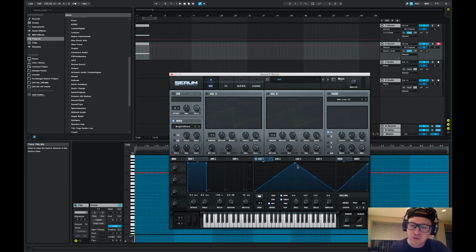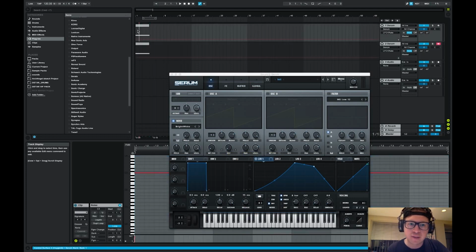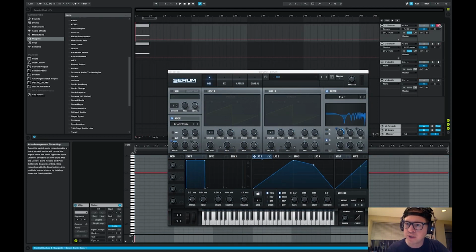LFO 1 we're going to draw kind of like this. Let's do something like this, and I'll explain why I do that later. And we're going to turn it, let's just do 4 bars for now. No, we're going to have to do 8. You're going to want to do double what you're actually going to want. So if you want a 16 bar riser, you're going to want to turn the rate to 32. And the reason for this is if I go back here with this finished riser,